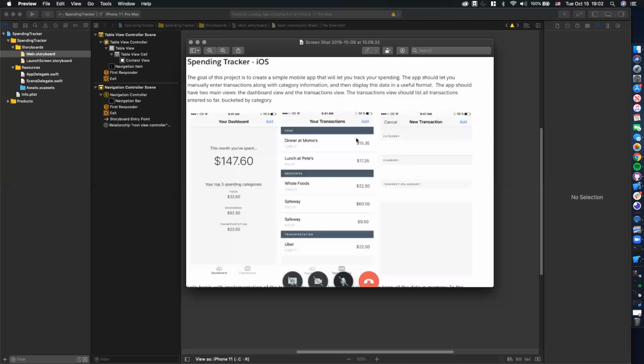So the first thing that he wanted me to do was he just wanted a table view to show cells with these 3 items with some mock data. So these were the 3 things that needed to be included. I needed to get through this step to move on. So what I've done here is